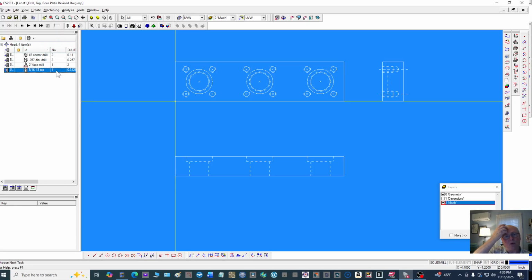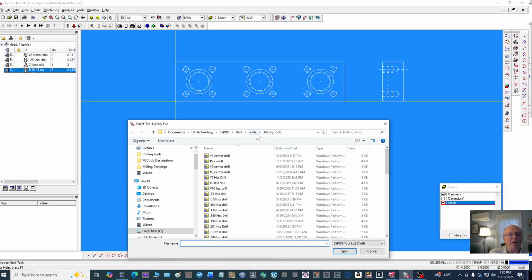All right, so now we are ready to get a tool for our bore through and our counter bore. So we're going to go ahead and we're going to look for that here. We're going to say open. And we're going to be looking at not the drills this time, but the milling tools. And we're going to pick up a